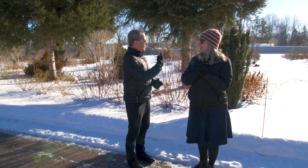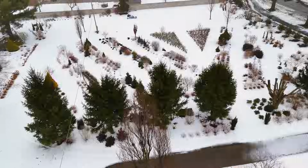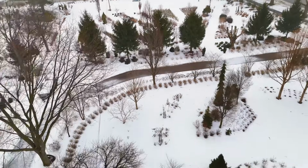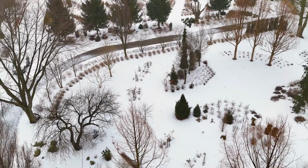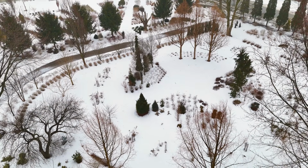And Stacy, the weather out here has been frightful, but today it's delightful. It's pretty delightful. It is going to be a short tour because it is still pretty cold, but relatively speaking, Rick is absolutely right. Last week we had temperatures in the single digits, highs in the low teens, and snow every single day. So things have improved somewhat. As you can tell, the snow has kind of deflated a bit. We had over 2 feet last week, but we wanted to bring you out here and show you some highlights of the garden, but it's still a little bit chilly, so we'll probably keep this one a little